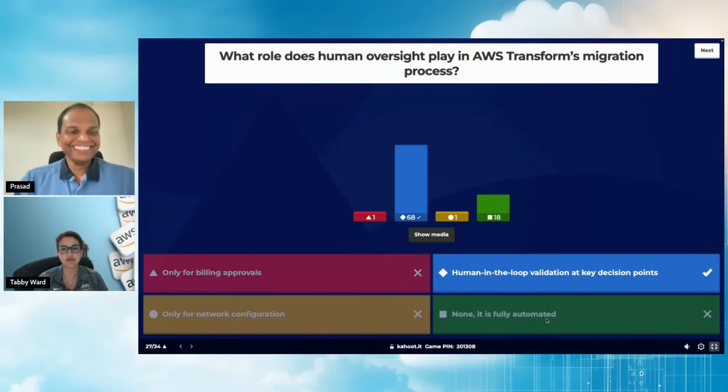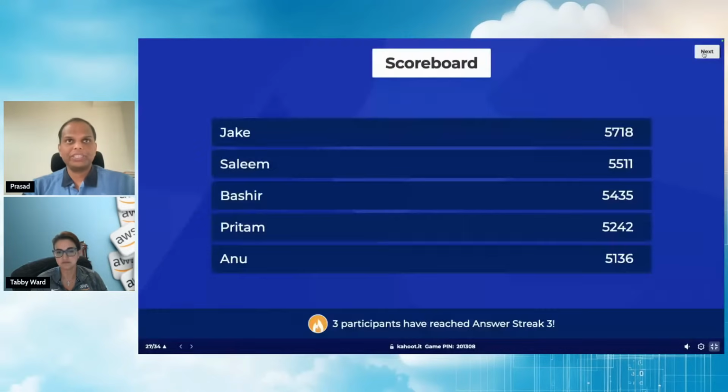Now, I think we had a bunch of software developers on the call. If you remember, you make a committed change, and then you do a pull request, right? And you have your peer review that, right? It's a similar scenario. It's doing some translation and some prep work for you, but it wants you to verify and approve that. So we definitely have the human in the loop, which increases the accuracy of what it's doing, rather than blindly, fully automated taking care of the migration for you. Okay, going to the next question.